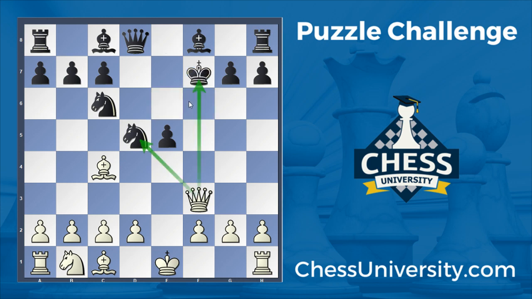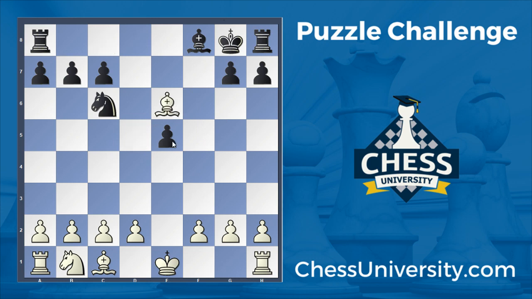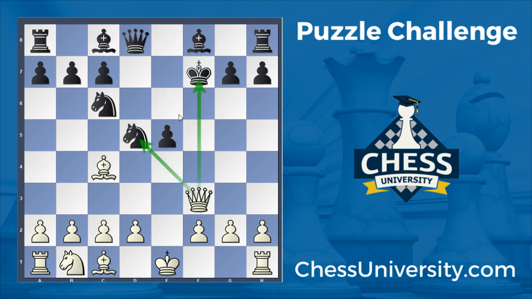I've seen many games of scholastic players continue. Well, I've seen a lot that go like this, actually. King g8, and then there's actually a very swift mate on this diagonal. I've also seen many times king goes back to e8, and then after bishop takes knight, there's a threat of